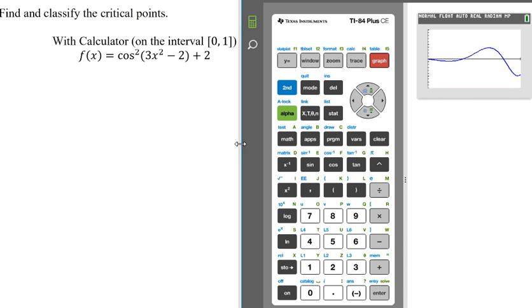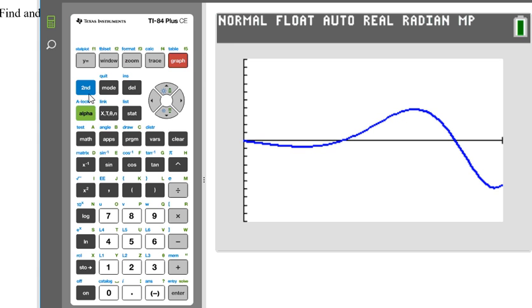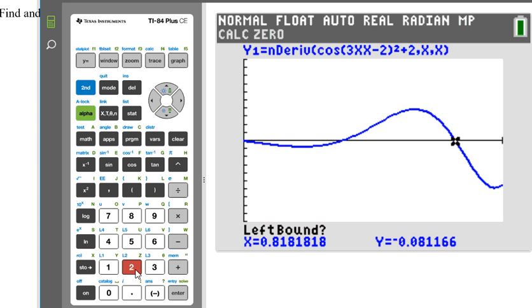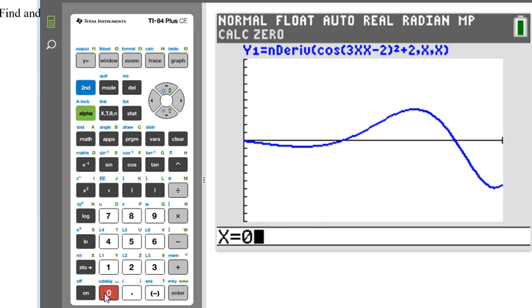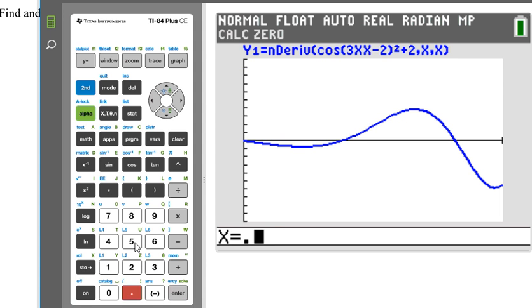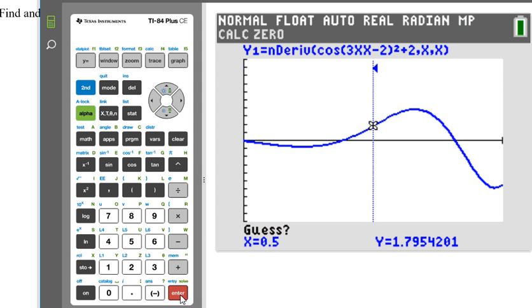So I'm going to make this look a little bigger. I'm going to go to calculate, that's where all the good stuff is, and we're interested in the zero. So I'll choose zero. Left bound would certainly be 0. A suitable right bound would probably be half. That looks like about half. So I'll plug in 0.5 as the guess. There's only one zero in the interval, and that's 0.378. Behind this, I'm just writing down x equals